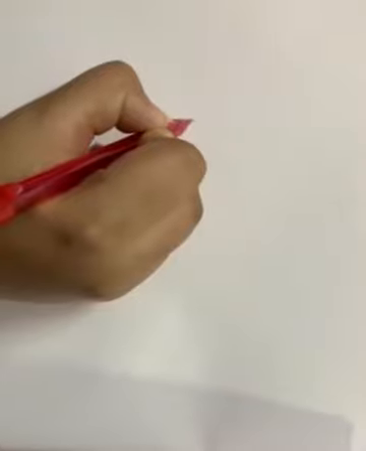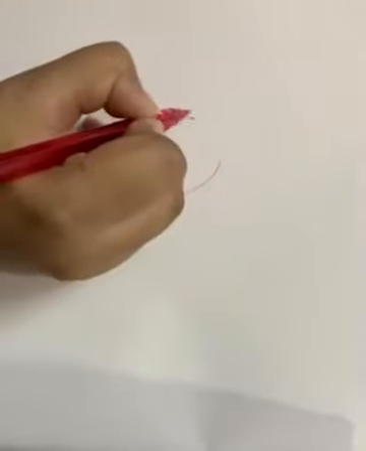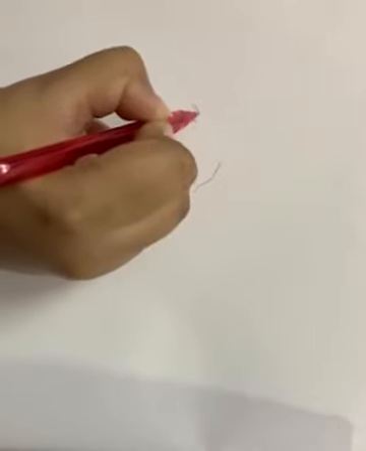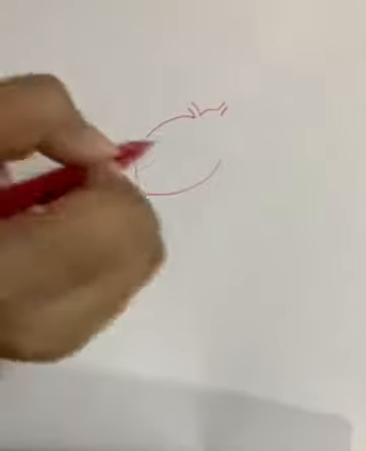Let us try to draw the diagram of the heart in the easiest possible way that we can do. So what you have to do is draw a slightly V-shaped structure which is tilted towards the left. Then from this point, you have to draw one blood vessel. Make it a chambered one like this.